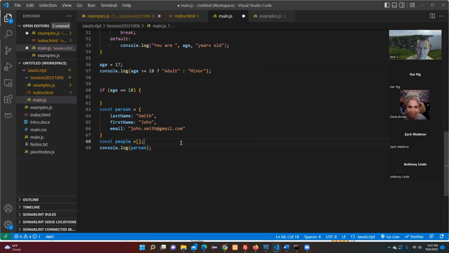This is an empty array. Okay, it's an array. What's an array of objects? Instead of putting